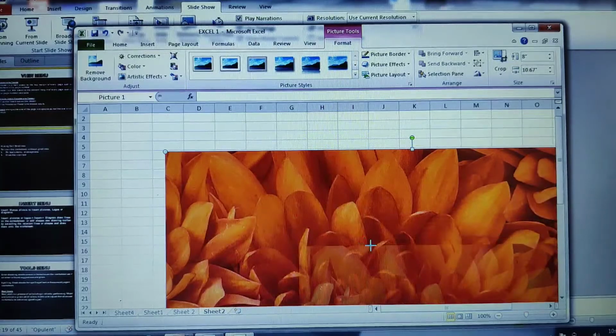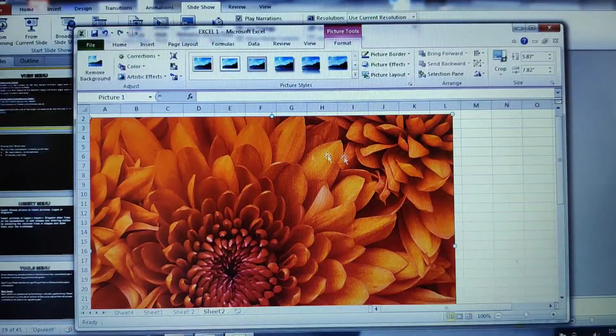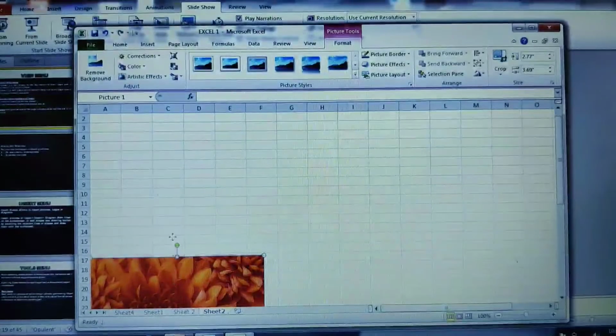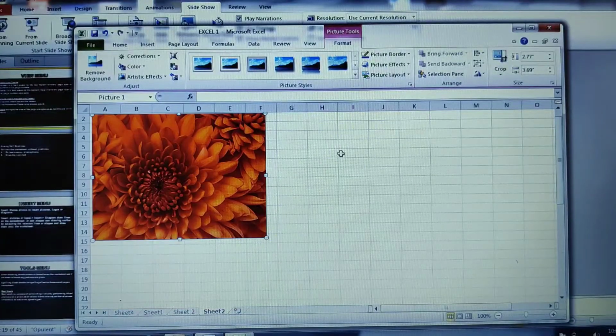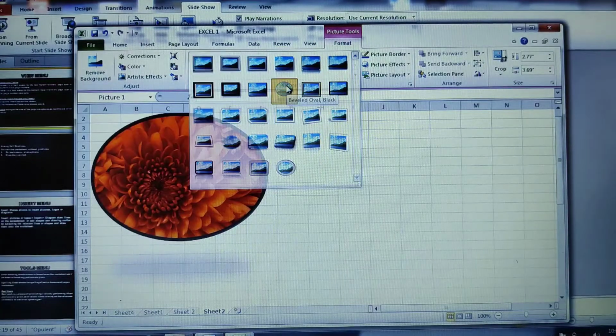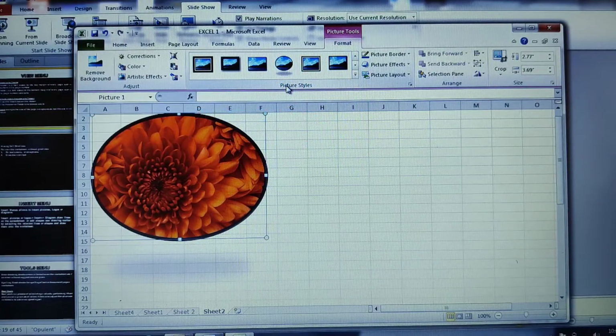You can just resize it as much as possible. Okay, you just need to resize. So you can insert the pictures. Okay, you can add the different kinds of layout, how you want that picture to be appearing. Okay, you can add all these things.